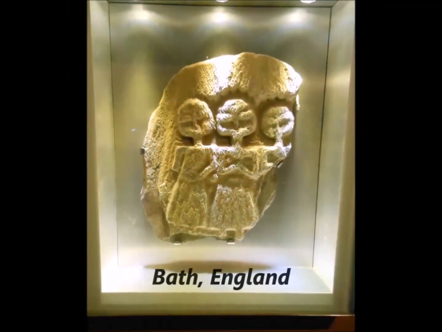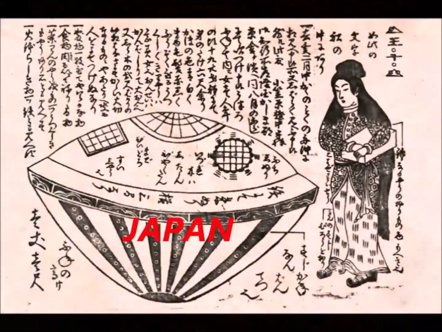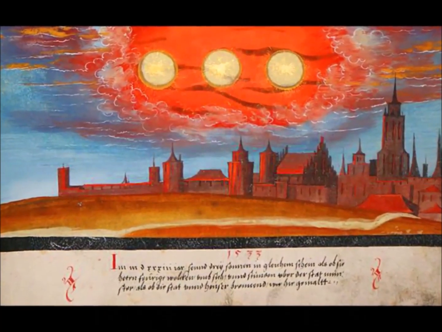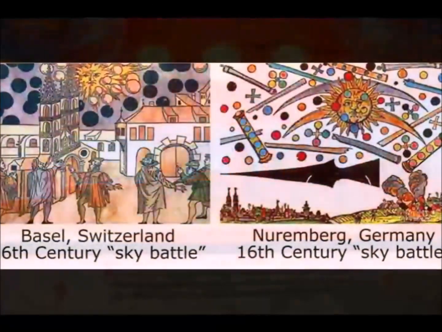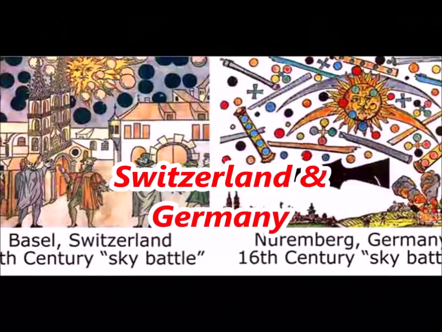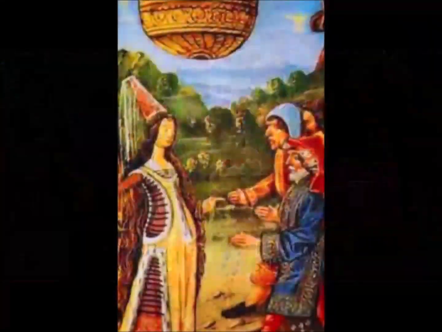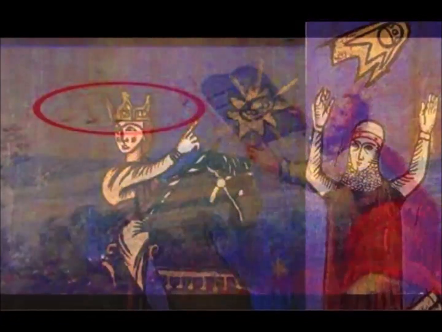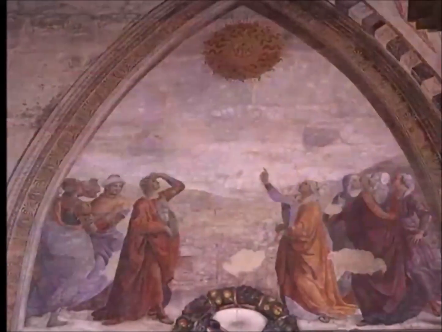But moving forward to the Dark Ages, which lasted from the fall of the Roman Empire around 500 AD until the start of the Renaissance around 1350. According to Britannica, the Inquisition lasted until sometime in the 1800s. At any rate, I found at least 4 examples of UFOs mentioned in the Bible, and